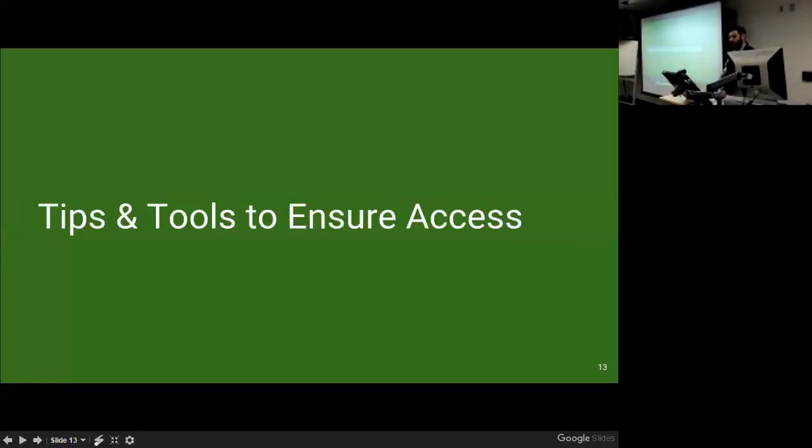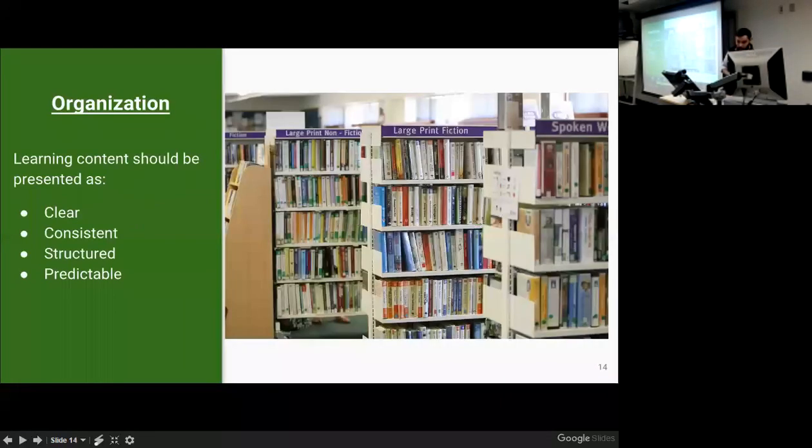So let's talk about some tips and tools to ensure access. One of the first tips I like to recommend to instructors is organization. By organization, I mean that the learning content should be presented as clear as possible, consistent, structured, and predictable. I've seen some Frankenstein courses sometimes. It happens that we inherit a course from someone. It's like, all right, I got 6 days to get this class live. So